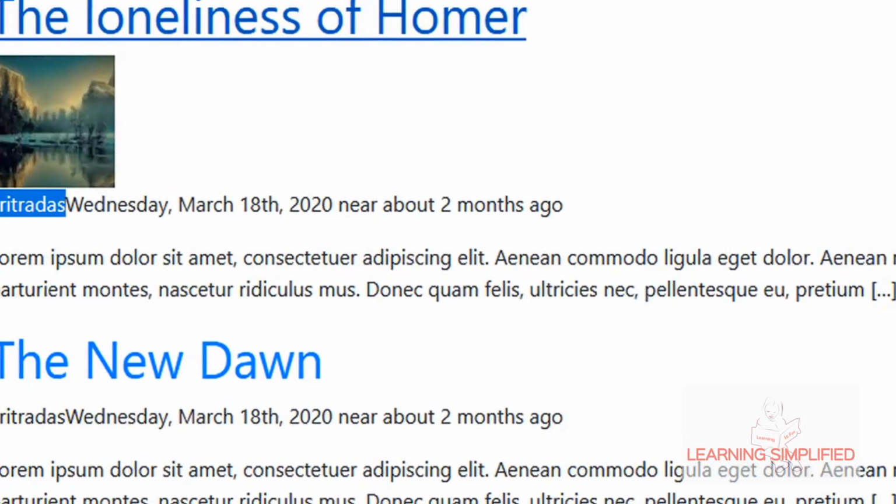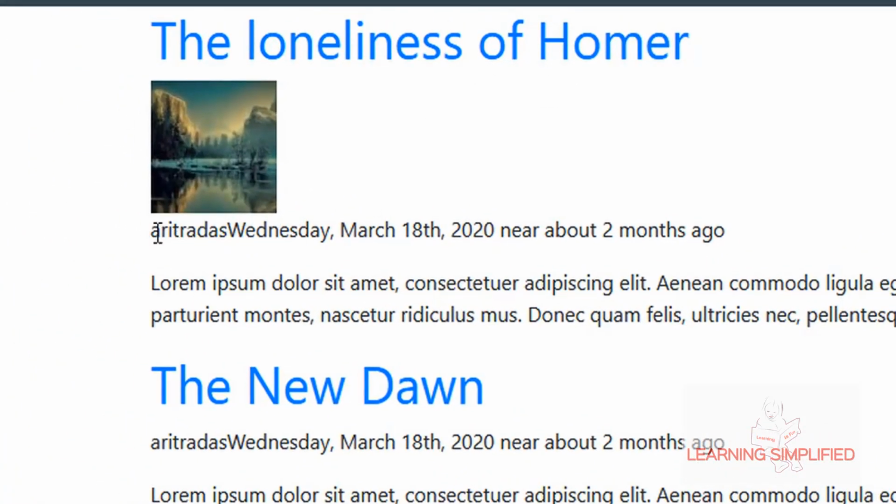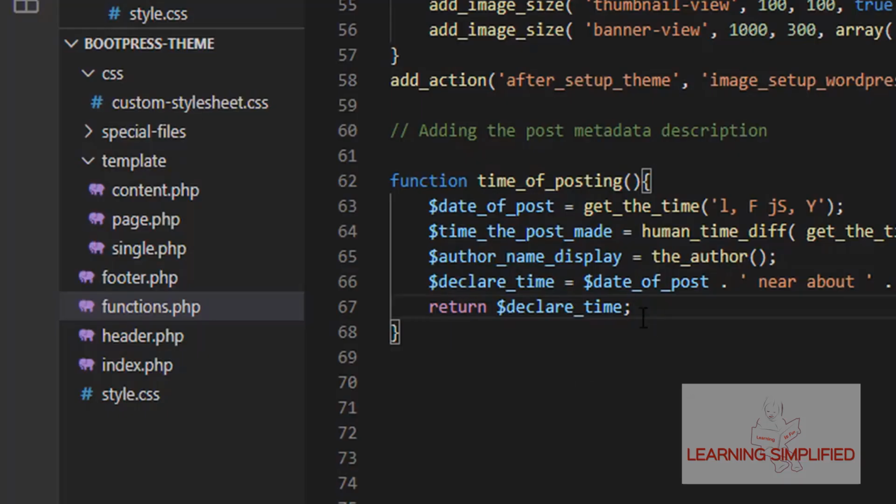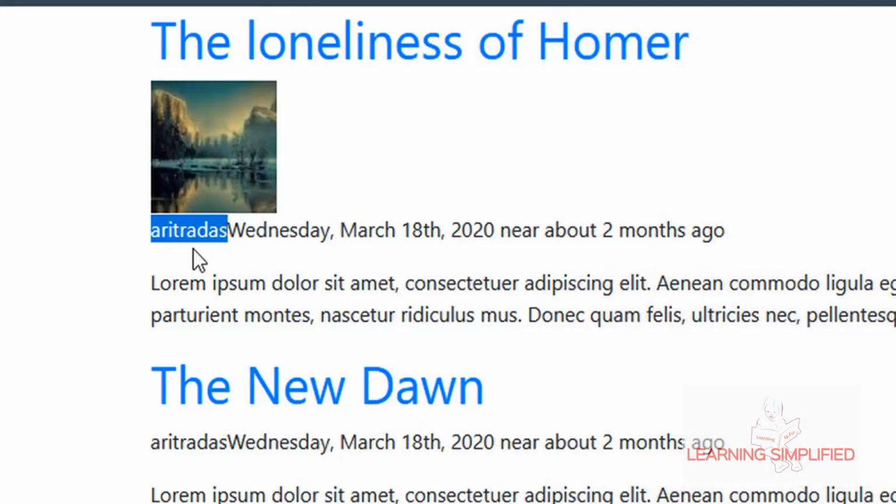But if we head back to our project, we can see that the author name is practically being displayed before all those individual speculations that we have depicted in our text editor. So this is the next thing that we need to concentrate on. Why is such a thing happening over here? We haven't returned this variable anywhere in our project, but yet the author's name is being displayed over here.